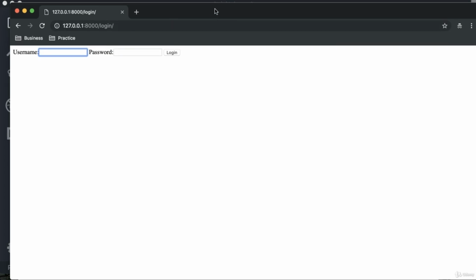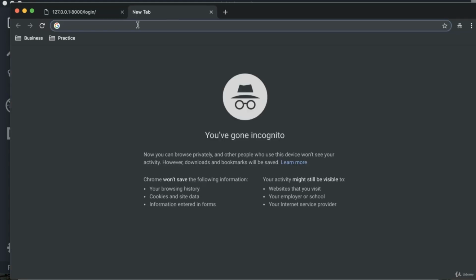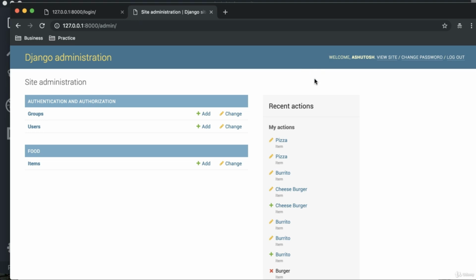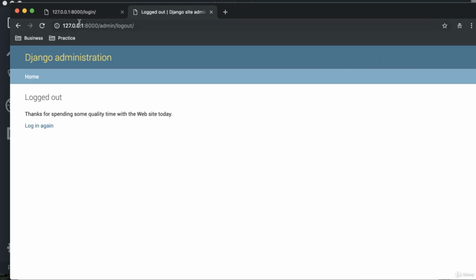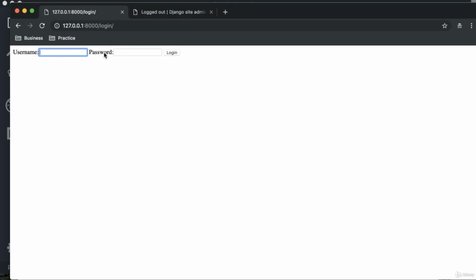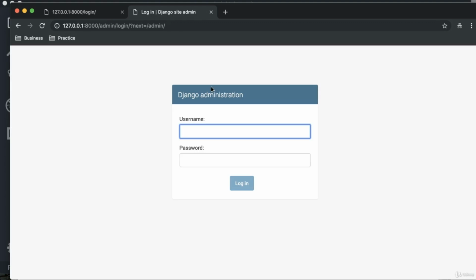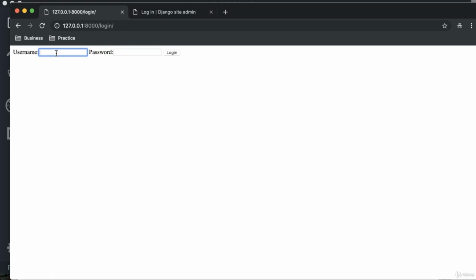Now even before testing this form, let's first make sure the admin user is logged in. So let's simply go to /admin, and right now as you can see, the admin user is logged in. So let's try to log out from here and see if we can log in as admin from here. Right now, if you go to the admin site, you will get this form right here, which means the admin is not logged in yet. So now let's try to log in as admin from here. So I'll type in my admin or the super user credentials over here. I'll type in my name, then the password is super user. And now when I go ahead and click login,